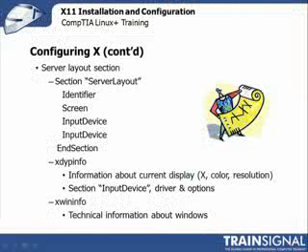The last section required for both X11 and X386.4.x is the server layout section. Think of it as sort of a catch-all for all other sections of the X configuration file. It usually lists the screen, the mouse, and the keyboard. The section name, again, is server layout. You use identifier to indicate a single or multiple displays. Then you have the screen and you have the two input devices, the mouse and the keyboard, followed by in